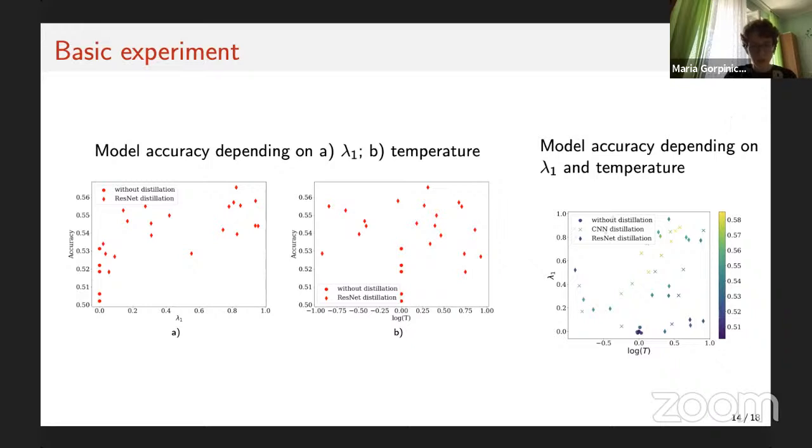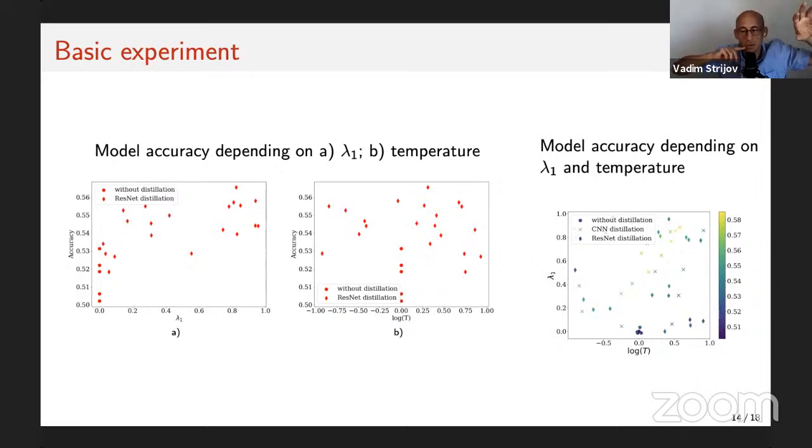It depends on lambda 1 and the temperature logarithm. We also see that without distillation we obtain lower accuracy, and with distillation we obtain higher accuracy. And we see that the higher accuracy is when the logarithm is close to 0.5, and lambda 1 is greater than 0.6. Please recall, the more lambda 1, the more we trust in